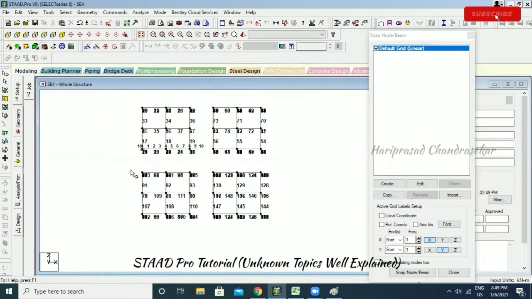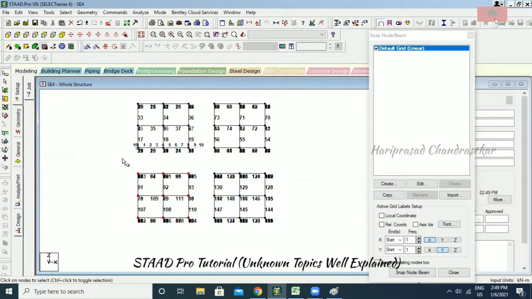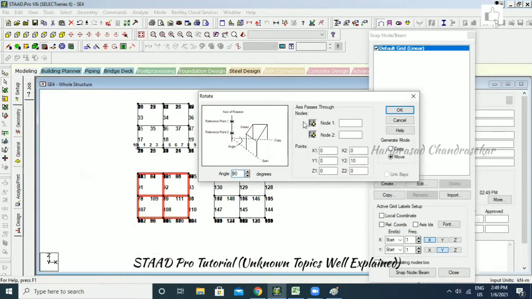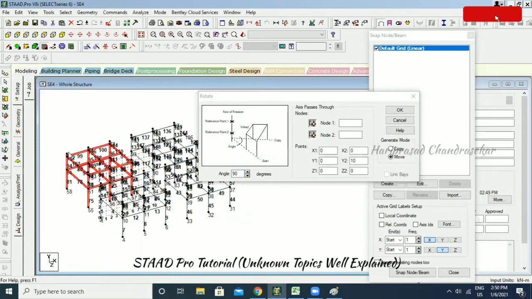Now I'm just going for top view, and I'm just going to rotate this portion, this part of our structure. I'm just going for geometry, and then I'm just going for rotate. For rotate, we need to select the nodes. 2 nodes we need to select. So you can just go for these 2 nodes over here. First node, you click this one, and then you can directly click it. And you click this one, and you can directly click the second node. So this you will consider, it will consider automatically. Even the coordinates also it will consider.